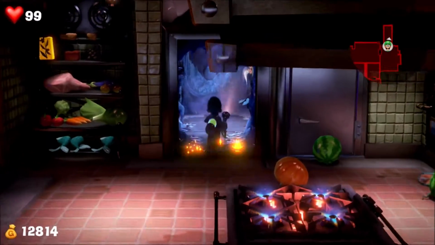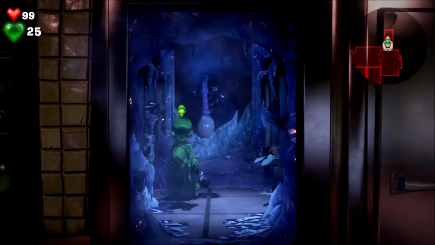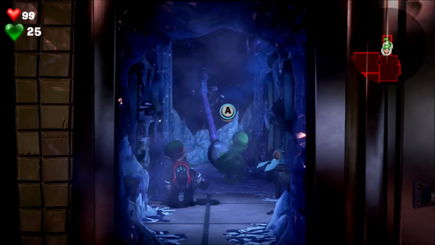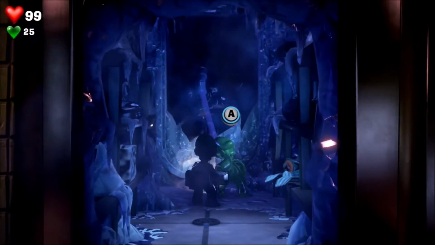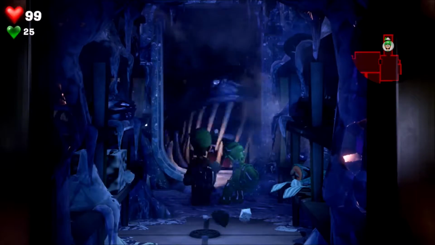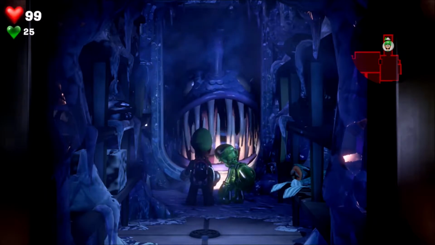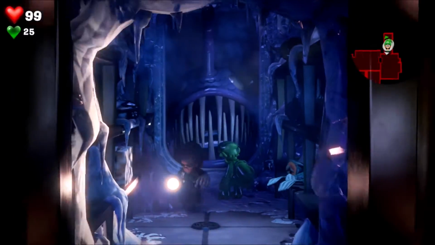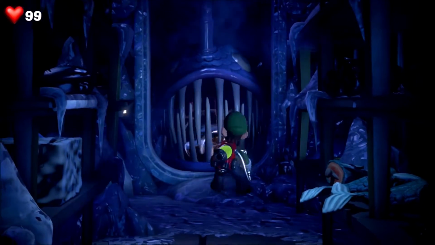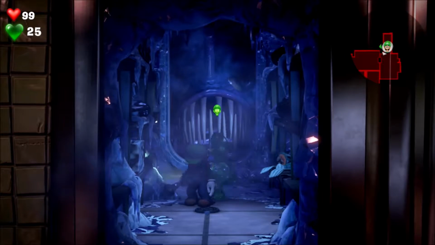Okay, so this room. I could never understand this room at all, because I didn't know how to do this room. Yeah, you can't use both Luigi and Luigi. And here's this giant anglerfish. There's nothing in there besides gold. But I don't know how to get that gold. Because there's...